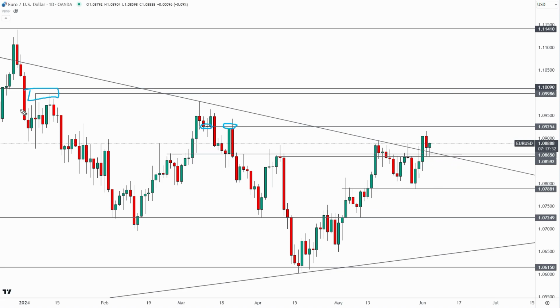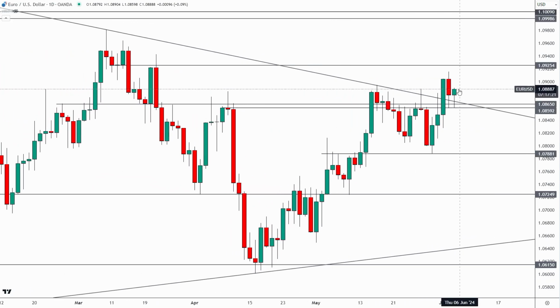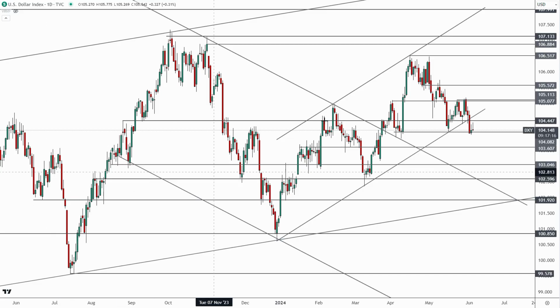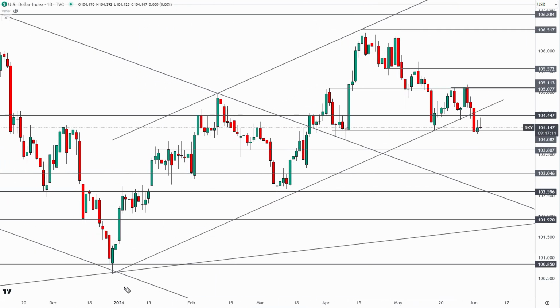Now, the reason I really think that the EURUSD is the one to watch here with regard to really all the major currency pairs is because this level down here is so significant, okay, at 1.086, and it's also relatively close to the current price, okay, the current rate. So if we look at the DXY, the US dollar index, this is something that we've talked about at length recently, where the market had been moving within this ascending channel all year. So higher highs and higher lows. And recently, we did get the breakdown below this channel support. Okay, so Monday broke below. We've now had Tuesday closing below, and it looks like today will again. So this right here is a confirmed breakdown from the DXY.